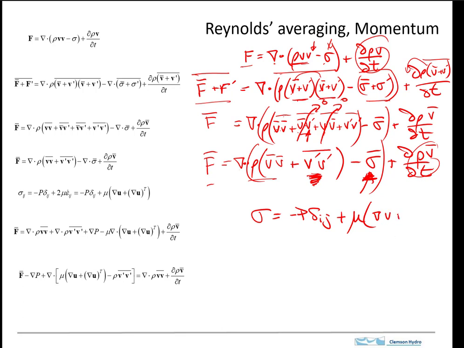So there's velocity, and there's the velocity transpose. This was the stress law. Here's the pressure, here are the strain rates, and there's the viscosity. That got substituted in, and then we went through and did the analysis. We took the divergence, and we end up with